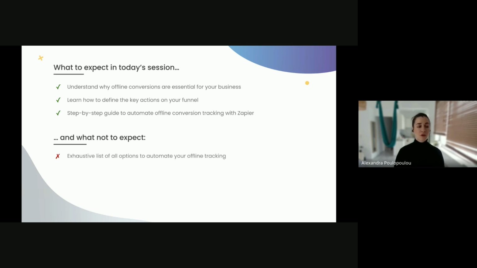What you should not expect. Of course, there are a lot of ways to import offline conversions and to use them. So it is impossible to have an exhaustive list here of all the options. And of course, it is not possible to outline the perfect answer for each business vertical. In case this presentation didn't cover your needs, feel free to reach out to my email so we can discuss your special case further. But either way, this is not the last time you hear from us. I know for a fact that more exciting things are coming, so maybe next workshops can answer your needs.